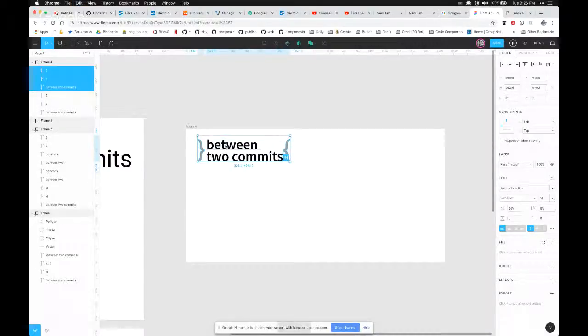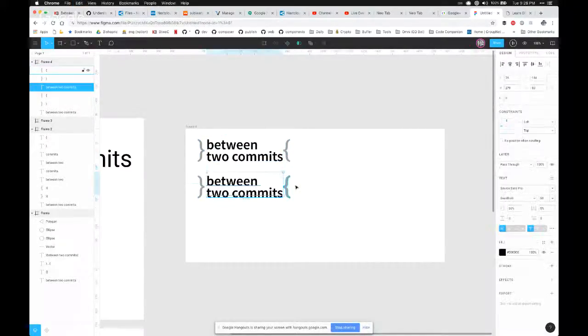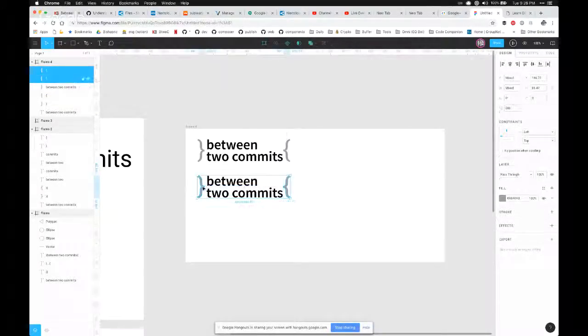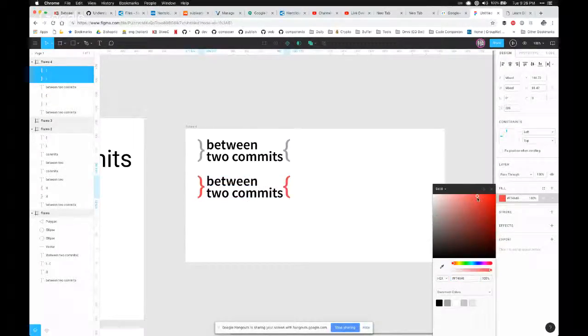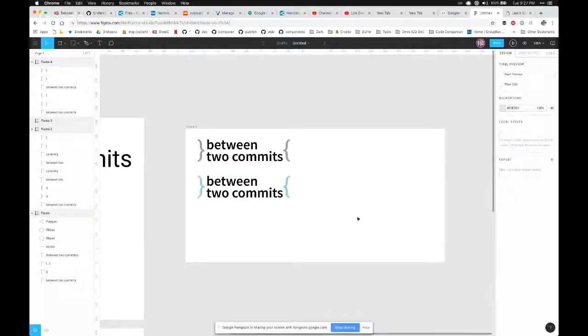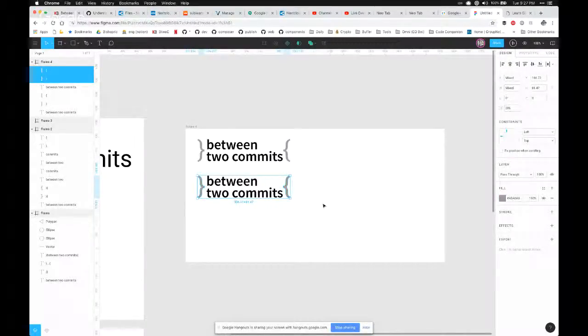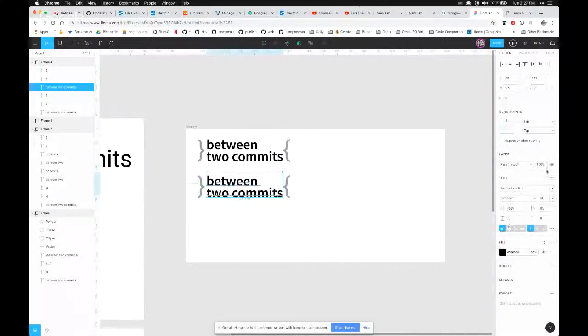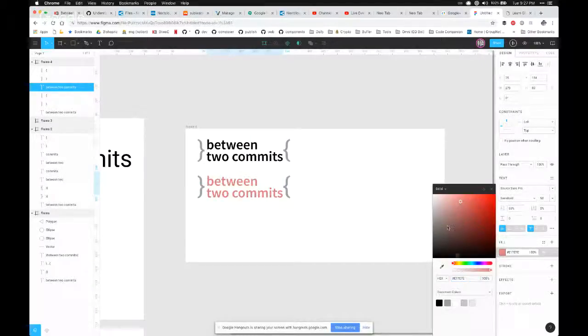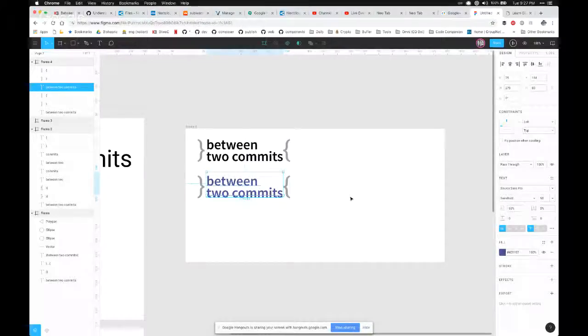How do we feel about color? I always like to start without color so I'm not too distracted. But then, do we have to pick a color scheme for the whole site, basically? I would think an accent color would be nice. It could be on the braces, but if they stayed muted in the grays, then it could also be just like body here, and I wouldn't go too light. But I like what you were saying about what's in between is what matters, kind of keeping the focus on that.